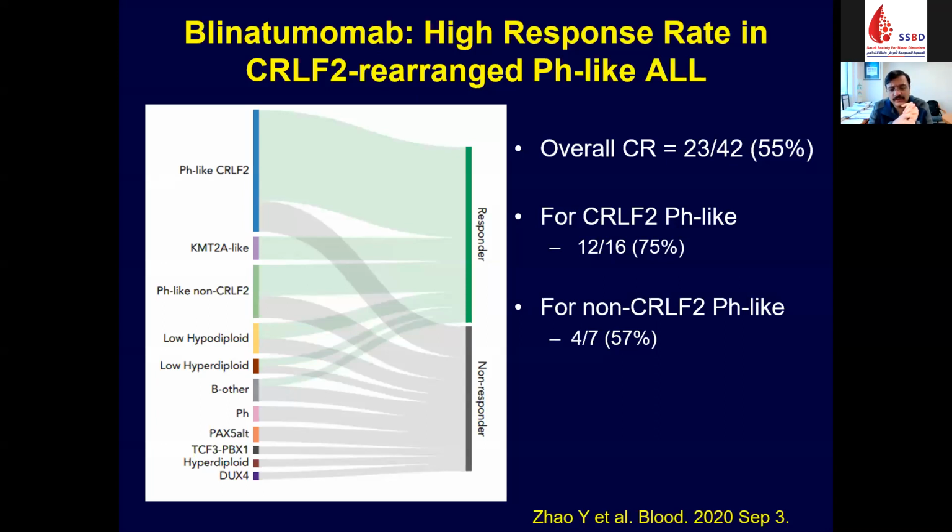And again, a reasonable number of patients with non-CRLF2 Ph-like also responded, but the numbers are kind of small. So an argument is made that blinatumomab may be able to overcome the negative prognostication of Ph-like ALL. Now, having said that, these are 16 patients. As far as I know, they did not provide progression-free survival of these patients. So we'll have to see, and this has to be validated in other data sets. And I think similar data also needs to be assessed for inotuzumab, because again, both inotuzumab and blinatumomab work through